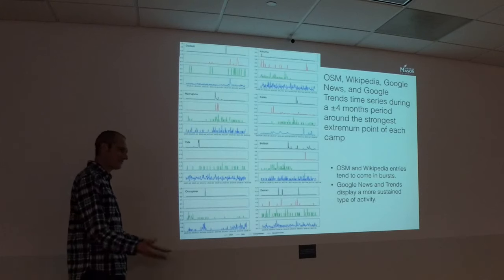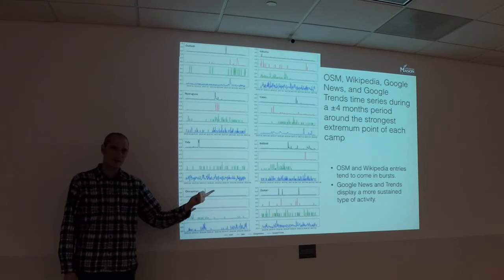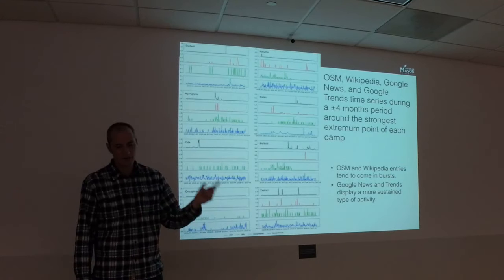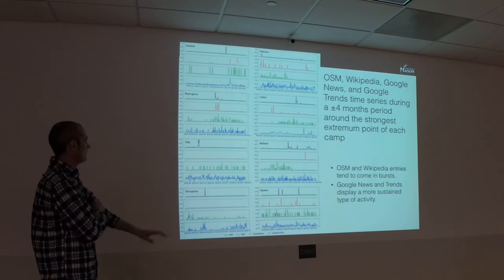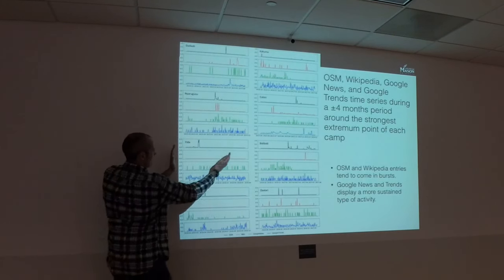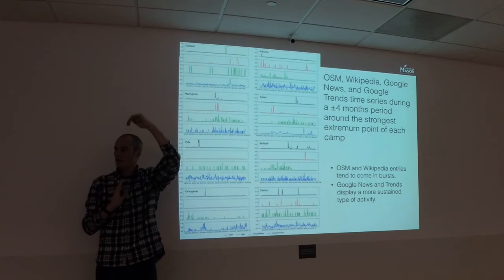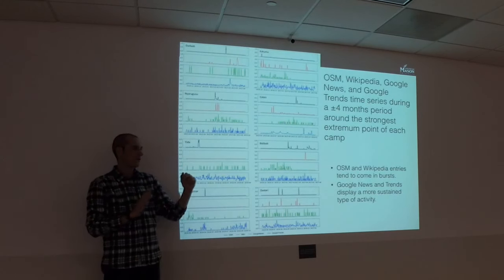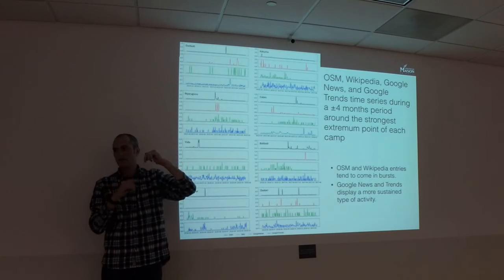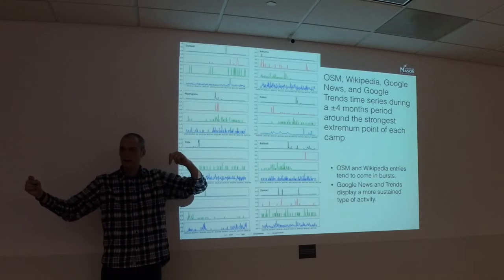No, it's noisy, right? So are people seeing it in the news and going to edit it, or are people searching for it, or whatnot? There's definitely bursts of activity here. And by the way, these here are only around the 4 months when it comes to the largest peak of activity in OpenStreetMap. So we find out when the most activity was happening, and the question was, what's causing that most activity? So we just look at the 4 months prior to that and the 4 months after that trend.